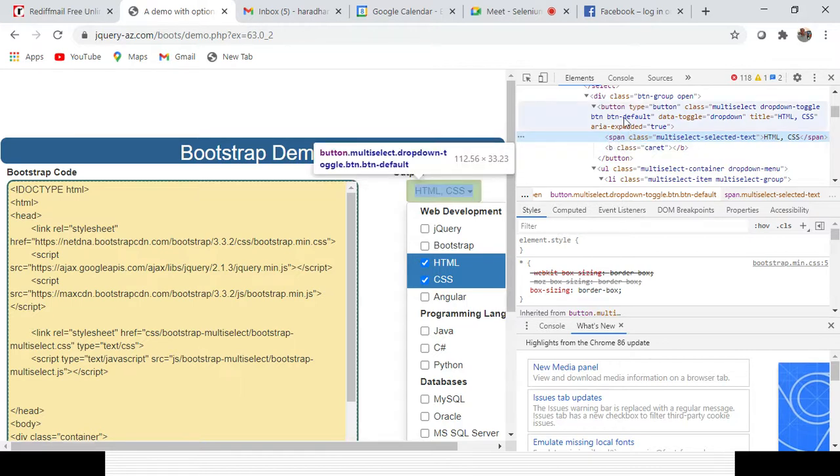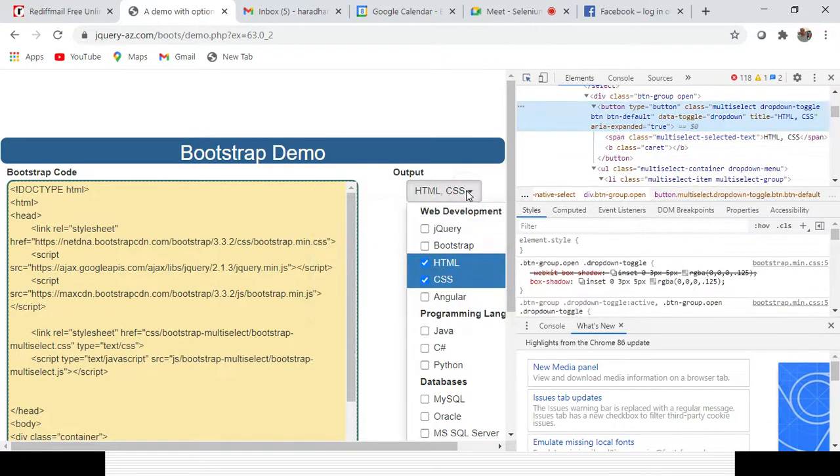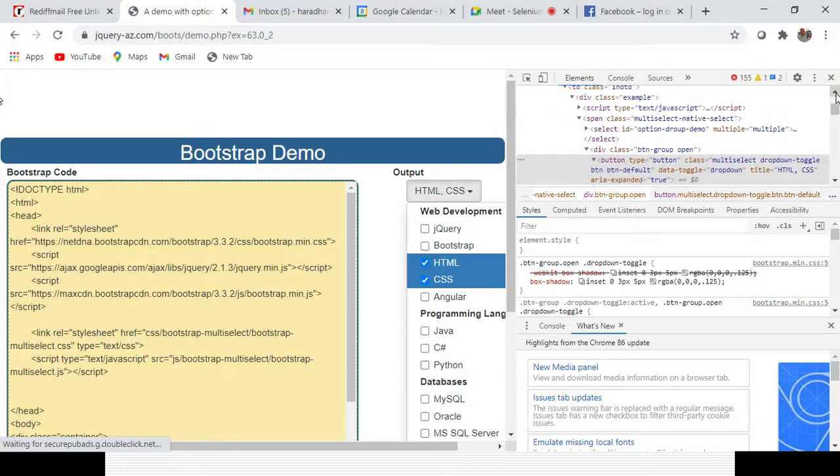here it is starting with button. This is the child tag, so you need to go with the parent tag. Okay, this is starting with button. One second, let me select the option. Okay, this is starting with button and the class is multi select options.